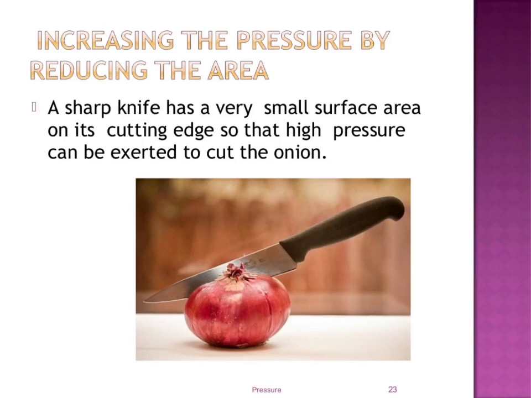On the other hand, a blunt knife has a thicker edge. A blunt knife does not cut an object easily because, due to its thicker edge, the force of our hand falls over a larger area of the object and produces lesser pressure. This lesser pressure cuts the object with difficulty.